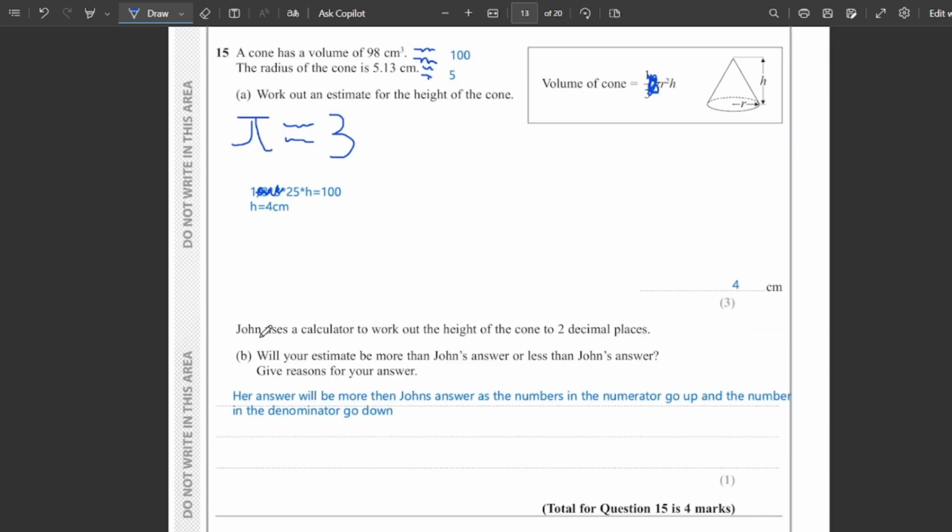And we're told John uses a calculator to work out the height of the cone to 2 decimal places, and we're asked whether our estimate will be more or less than John's answer. Our estimate will be more than John's answer, as the numbers in the numerators go up, because it would be 100. If you think about it, it would be 100